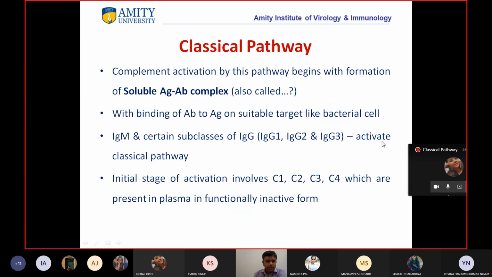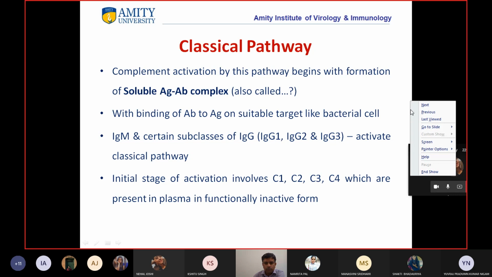Okay, so let's start with this classical pathway. Complement activation by this pathway begins with the formation of soluble antigen antibody complex. And what is this antigen antibody complex called? It is also called as